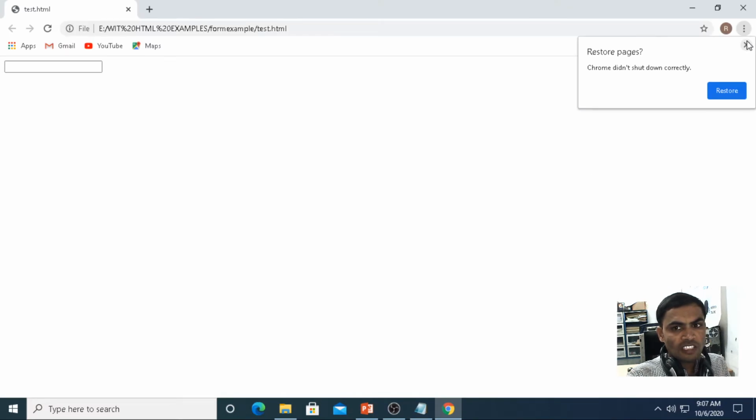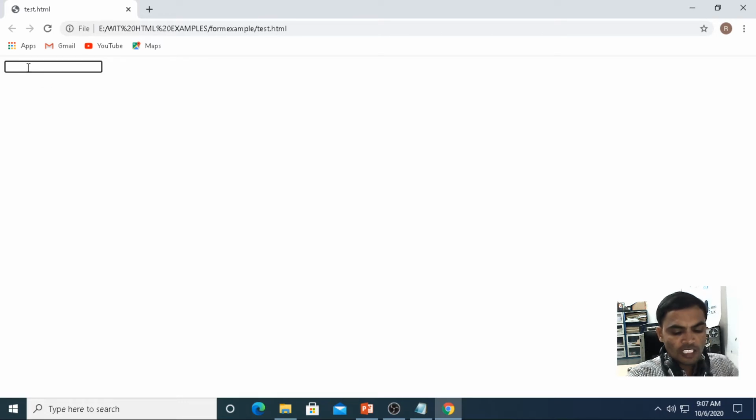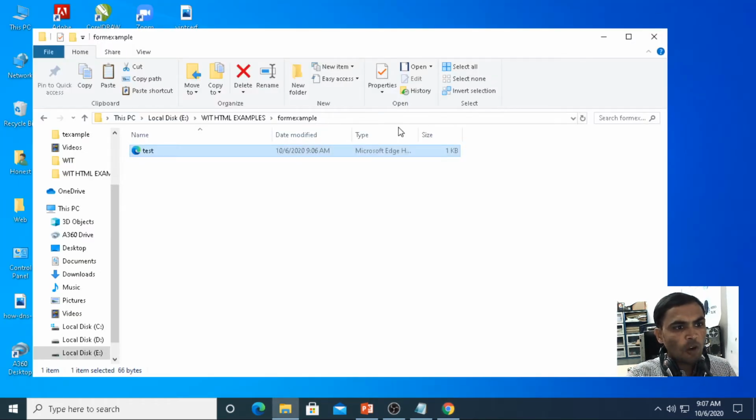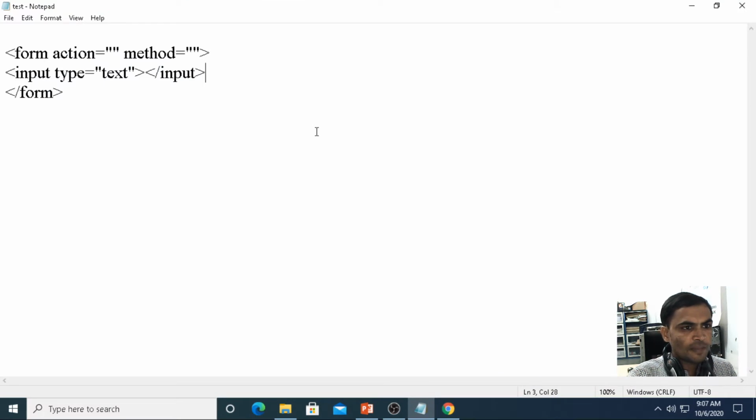Now what are we getting? Yes, we are getting only a text box. Before the text box, we can fill in any content or any characters, or we can use anything. Now I have not written any structure of the HTML program.